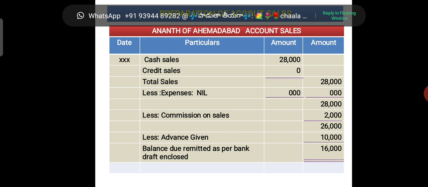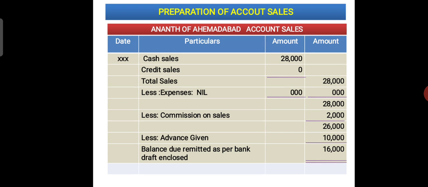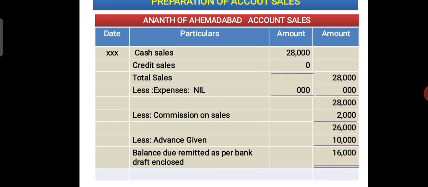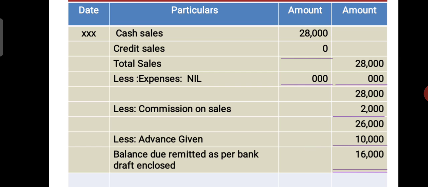So you can prepare account sales, and here see Anant of Ahmedabad account sales. It is a statement, not an account. With 4 columns we are going to prepare this statement. First column is meant for date, but in this problem there is no date, simply ignore it. And particulars column, inner column amount, outer column amount. See here, we have to take total sales first. We can get the total sales by adding cash sales and credit sales, and from the total sales we deduct